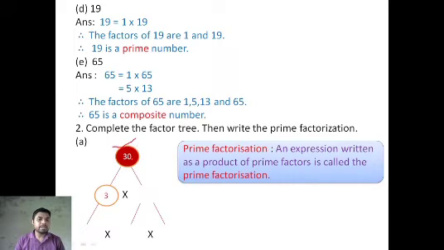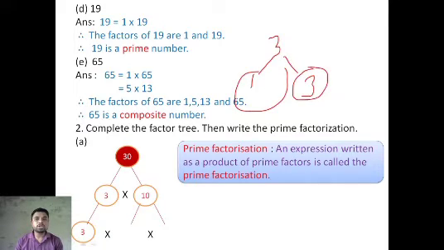Okay, let's see. Look here, asking for 30 and here given 3. So by which number do you multiply 3 and you will get 30? You know it, by 10. 3 into 10, it will be 30. Is it clear? Now look here, 3 is a prime number, so we will write it here. Why? Because we cannot get other factors. Here 3 has only factors 1 and 3, and we will not write 1. So write 3 here only. When you get a prime number, just write that number.